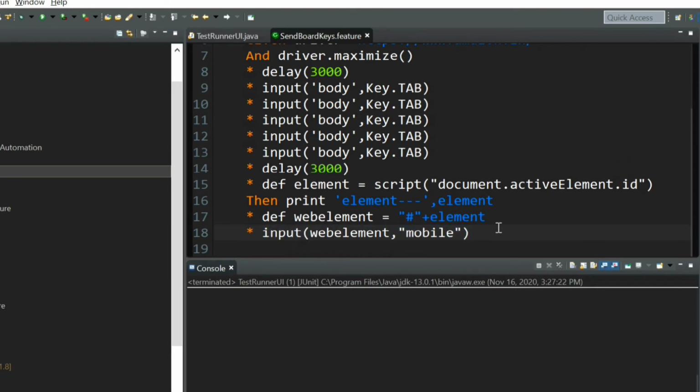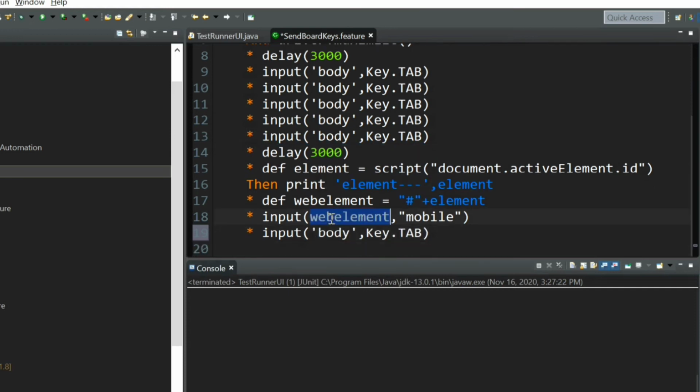And after inputting this, we just pass mobile. Now we have to click on the enter button. So in order to click the enter button, again we can use this method, but instead of this body, we can give web element and then key dot enter, and we should get the result. We can give a delay and we can see the result.